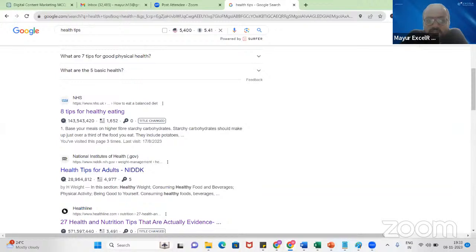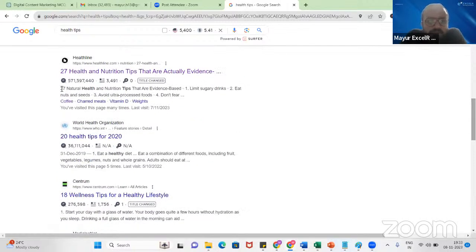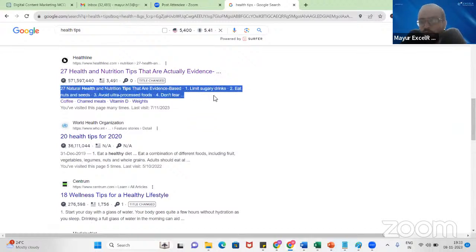And the description as well, not only the title, but also the description that you are looking at here, is something we call the meta description. In our SEO, we will cover that. This description also plays a very important role, because sometimes we are not only looking at the title, but also at the description. If you're not able to find something in the title, then we will see if we are able to find it in the description. If I feel that this is something that is going to add value to me, then only I am going to click,